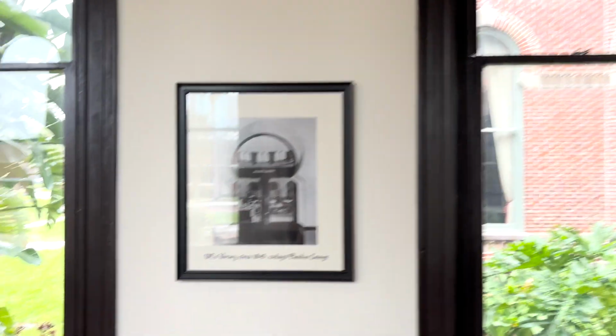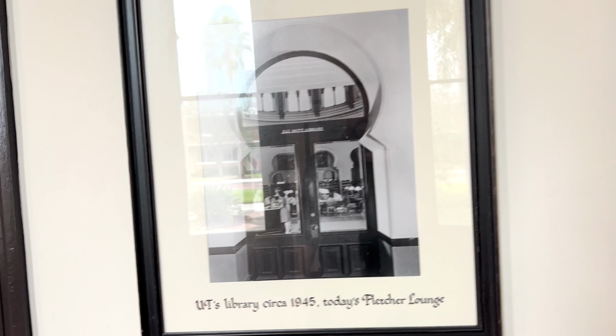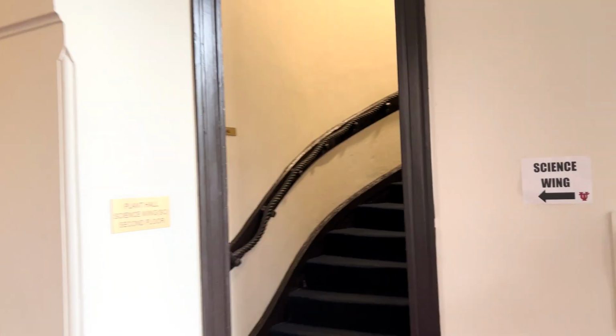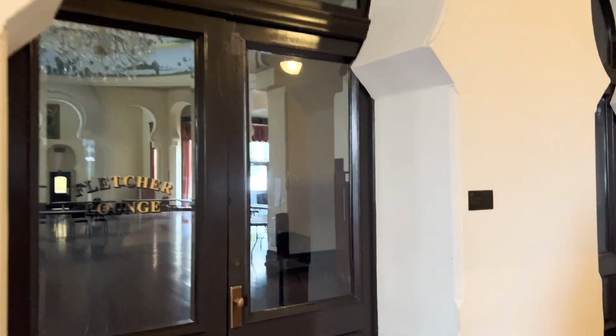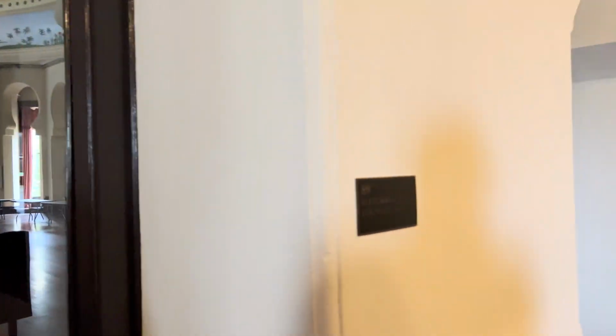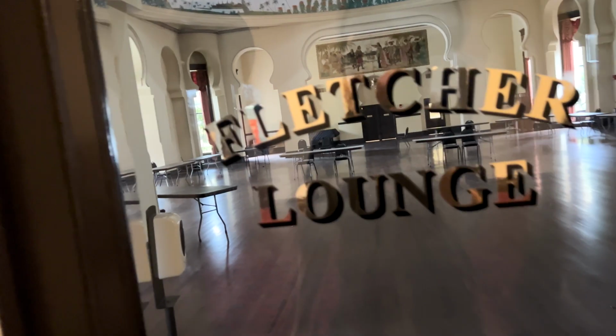What's this? The library? And then end of the hall. Hopefully this is open. Look at that tiny staircase. Well, if we look up, good call. Wow. And we should be able to go in here. Yeah. She said if they're unlocked, we can go in, but are they all locked? Let's see if they're all locked. Yep, they're locked. So what we can do is